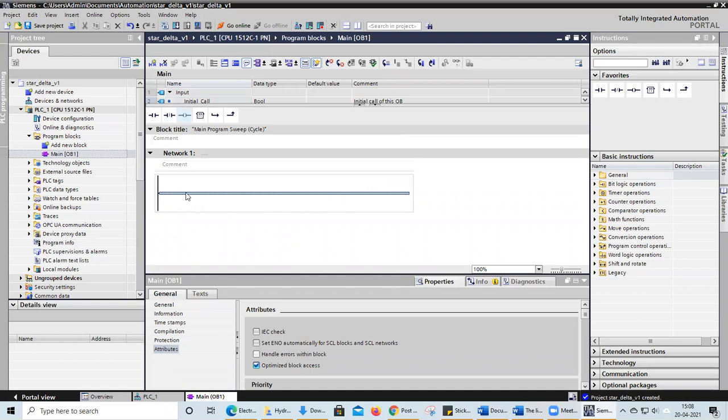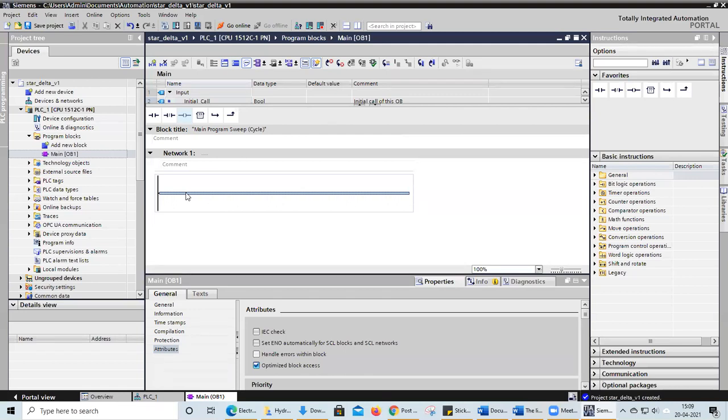Okay. Our motto is the star delta starter. Once again, I will tell how the star delta starter will function. It will have a main coil, star coil, and delta coil. In the beginning, it will work as a star connection. After a certain amount of time, it will convert from star to delta. A switch over between star to delta will happen. That program we are going to write with the help of ladder logic. Yesterday, I showed the figure. So today we are going directly into the ladder program itself.